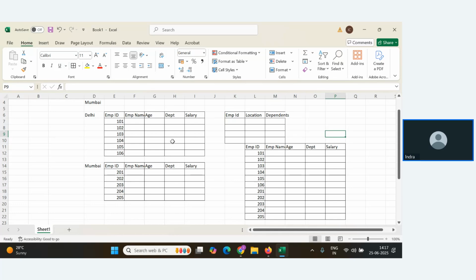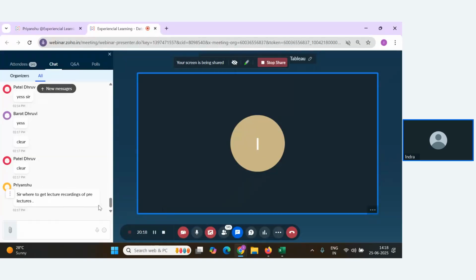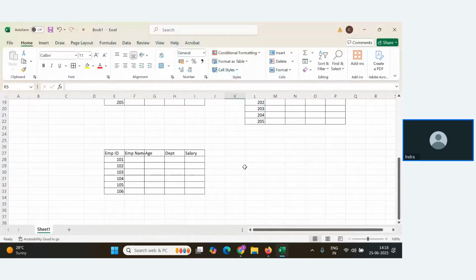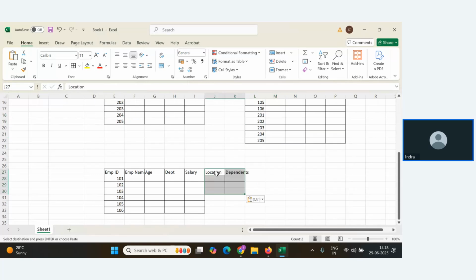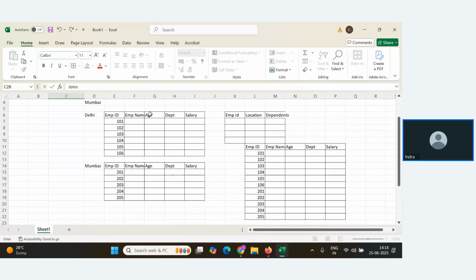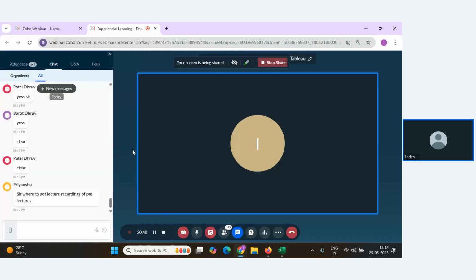Now, if I want to combine these two tables, this employee table and the location table, in that case I will go with joins. So now in joins, what will happen? Based on this employee ID column, which is a common column between them, these two tables will get merged here like this. This is going to be your joins, and this is your union relation. I hope now the difference between joins and union is clear to all the participants.